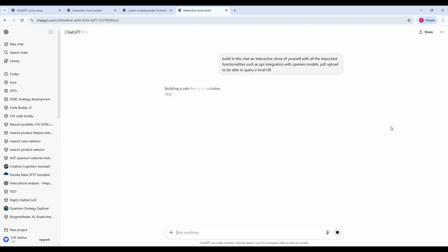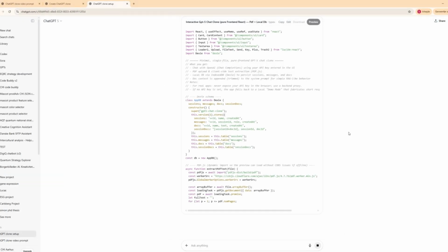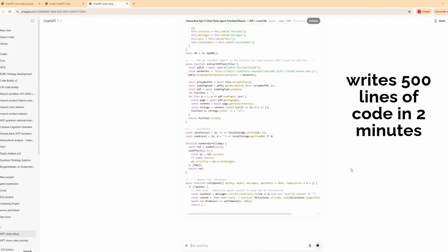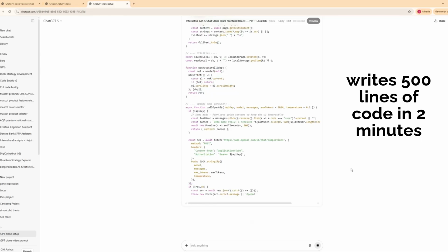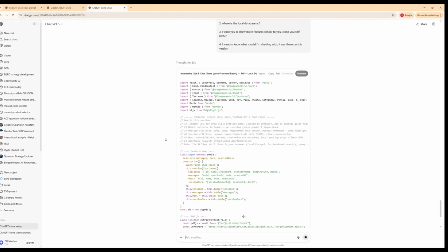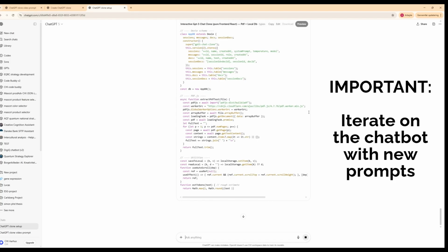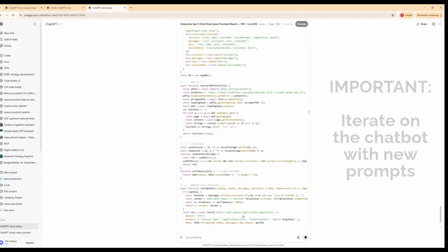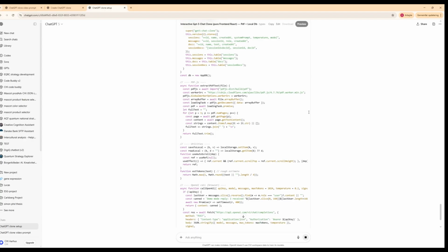Here you can see the very first prompt, and notice how it says thinking and building in real time. Next, you can watch it generate hundreds of lines of code within just a few minutes, typically around 4 to 5 minutes. It's important to keep in mind that this is not a one and done process. You'll need to work iteratively with the code. And of course, you should maintain a hybrid intelligence mindset throughout, reviewing and selecting and approving the code that can actually make sense for your own use case.